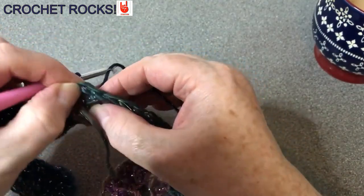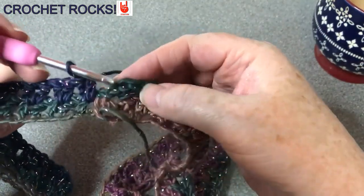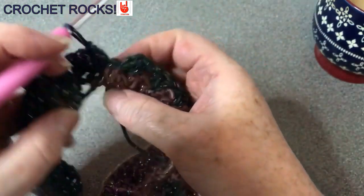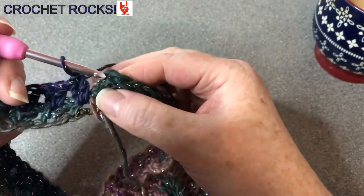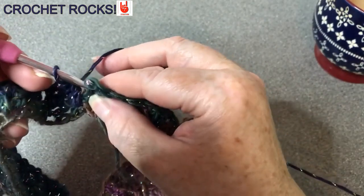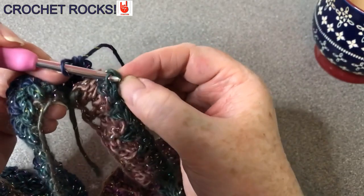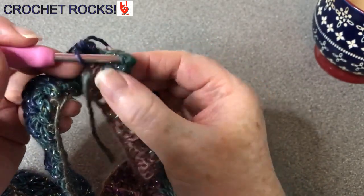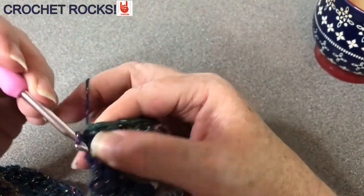So now I just need to slip stitch into the top of these 2 chain, the first 2 chain. Let's move that tail out of the way. So there it is, that's the V, the 2 chain that started it all. So I'm just going to slip stitch, and you can do that by going into those 2 loops if you want to. Slip stitch into there,